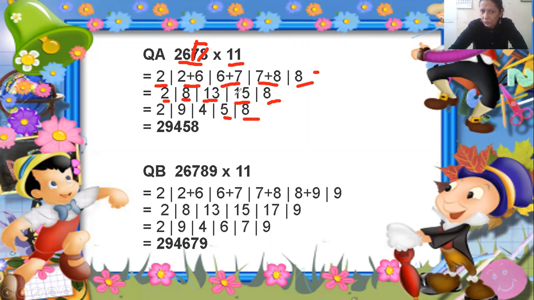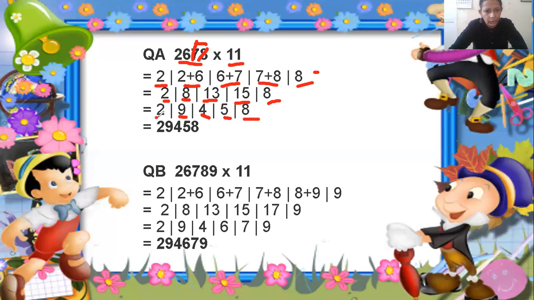So with this 13 you will add 1. 13 add 1 is 14. But from 14 you can't take two digits, you will take only the unit digit. The unit digit is 4, so you will write down 4 as it is. 1 is left, 1 you will carry forward and add with 8. 8 plus 1, all of you know, is 9, so you will write down 9 as it is.